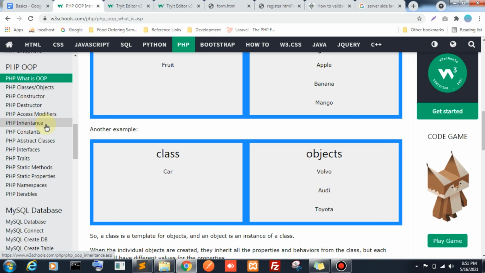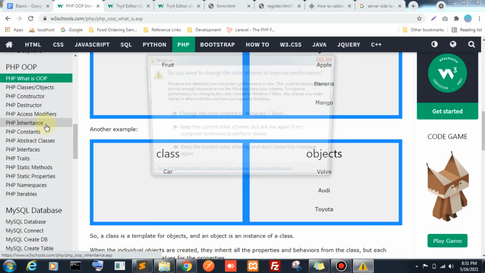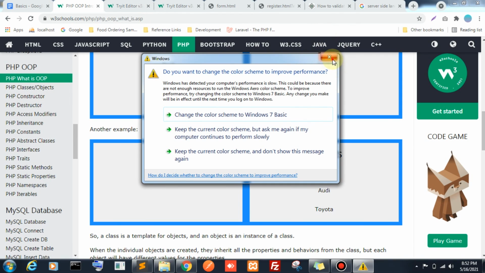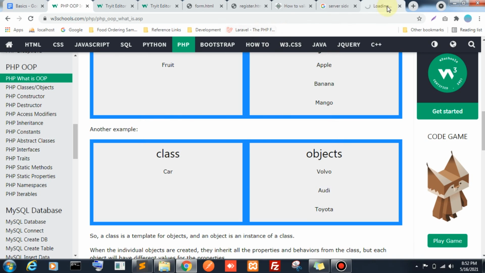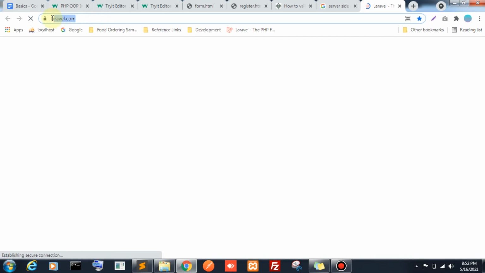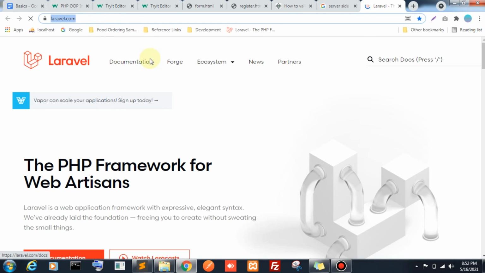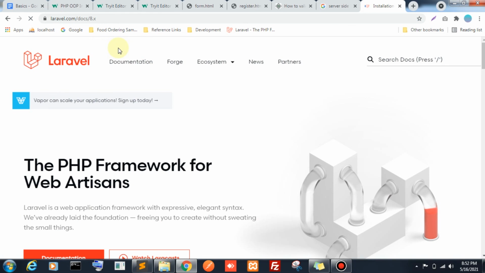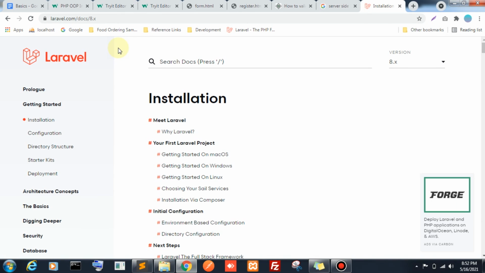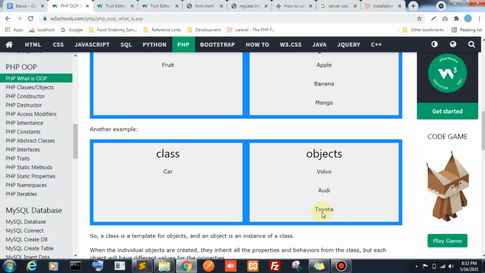Okay, so guys, we are going to learn the top framework of PHP. What is the top framework? The top framework is Laravel. Laravel.com is the website for that framework. This is built with the PHP language. So this is the top framework for web development in PHP server side language. We are going to do web development using Laravel. So guys, the upcoming videos will be in Laravel. So know about this PHP OOPS concept.